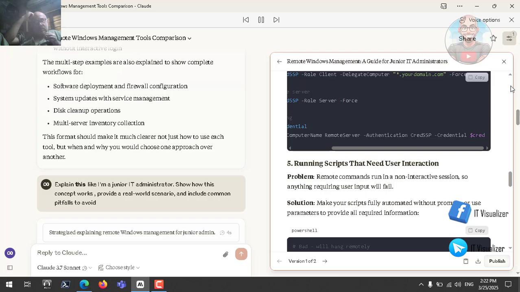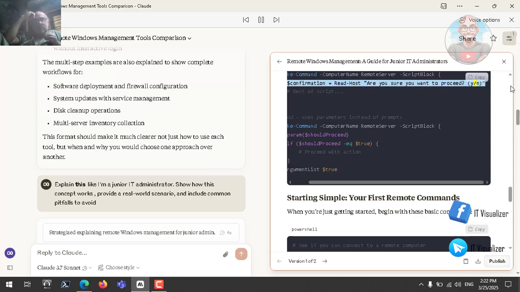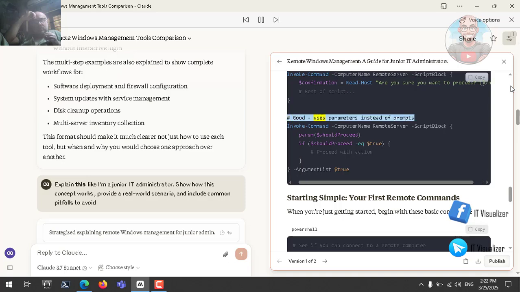PowerShell. # Bad, will hang remotely: Invoke-Command -ComputerName RemoteServer -ScriptBlock { $confirmation = Read-Host "Are you sure you want to proceed? (Y/N)" # rest of script } # Good, uses parameters instead of prompts: Invoke-Command -ComputerName RemoteServer -ScriptBlock { param($shouldProceed) if ($shouldProceed -eq $true) { # proceed with action } } -ArgumentList $true